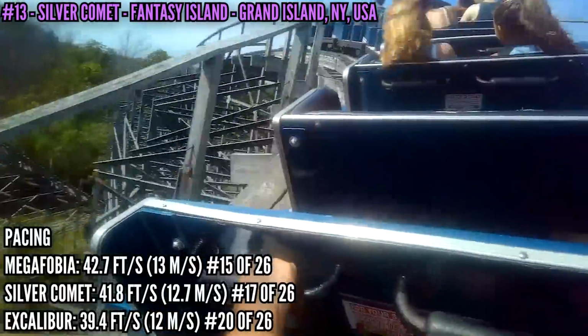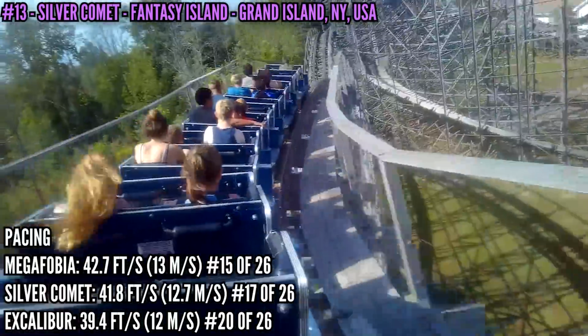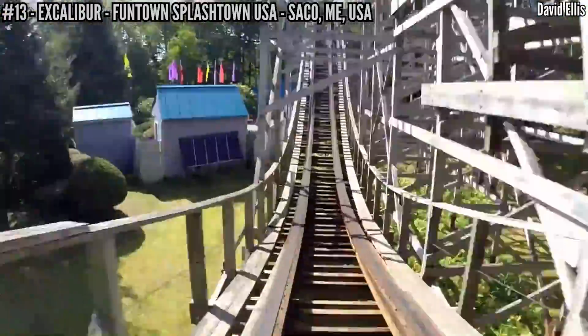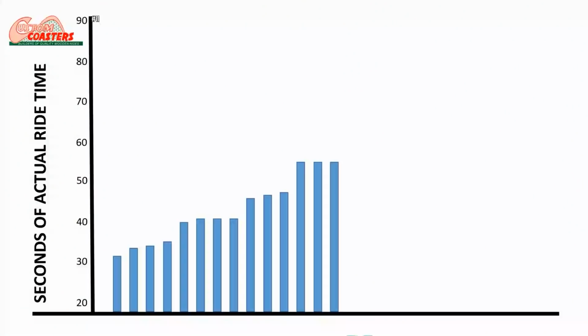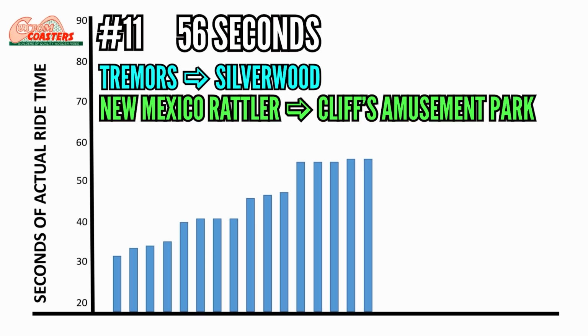All of these are in the bottom half of pacing, with Excalibur the best at 15th place, Silver Comet 17th, and Excalibur bringing up the rear at 20th place. So despite being the fastest and having the least amount of track, it's still last in pacing. Go figure. Tied for 11th place with 56 seconds is Tremors at Silverwood and the New Mexico Rattler at Cliffs